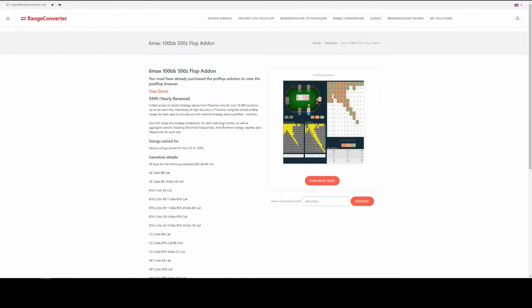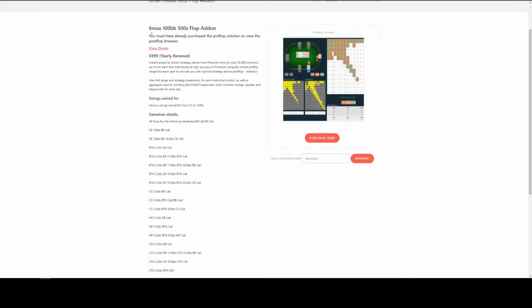And as with all the other products, once your payment's been accepted, all your solutions are available by clicking in the My Solutions area up here, and then you can access them via that.